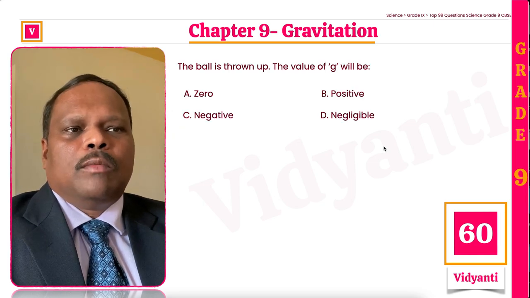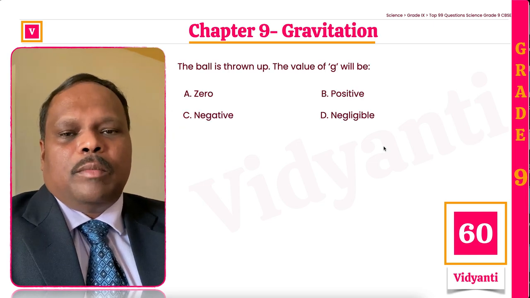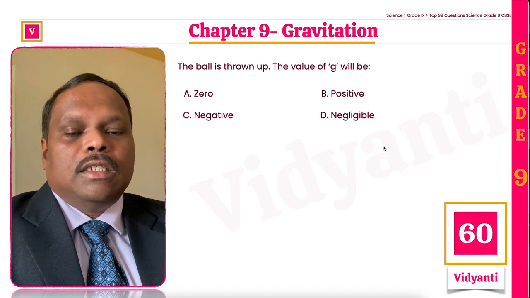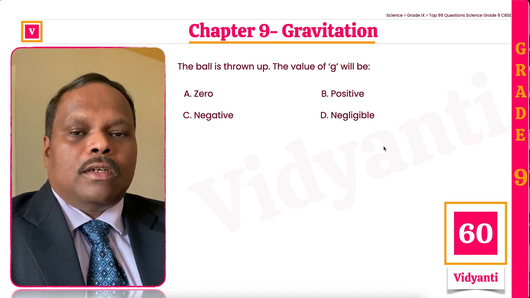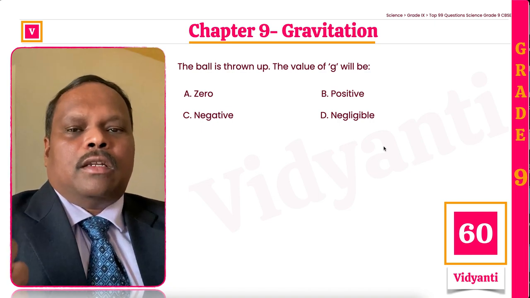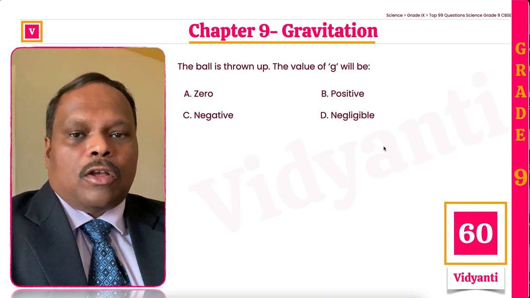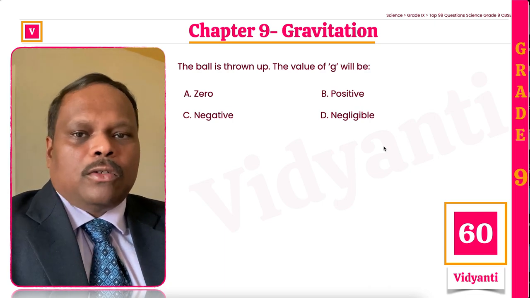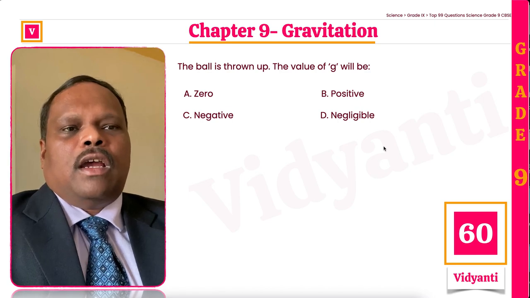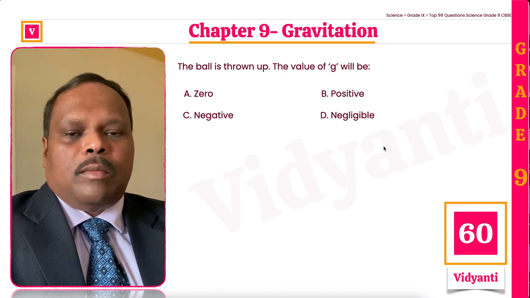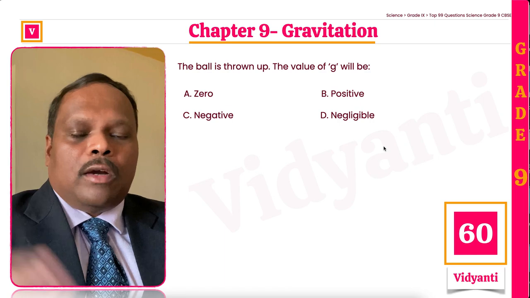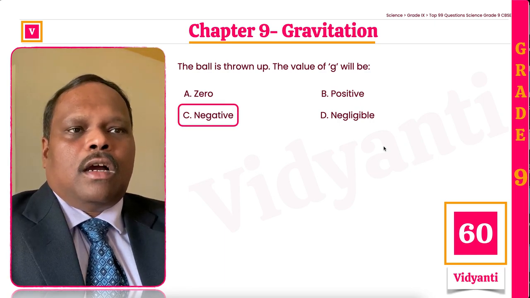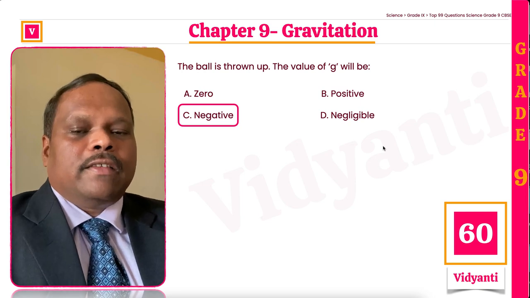A ball is thrown up, the value of g. Well, g does not depend upon the velocity or the mass of the object. g depends upon the mass of the Earth, the radius of the Earth, and there is the gravitational constant, which is uppercase G, which is universal. So if you combine all those things, you get lowercase g, and it doesn't depend upon whether the ball is being thrown upward, downward, direction, or initial velocity. So it will remain the value of g in this case.